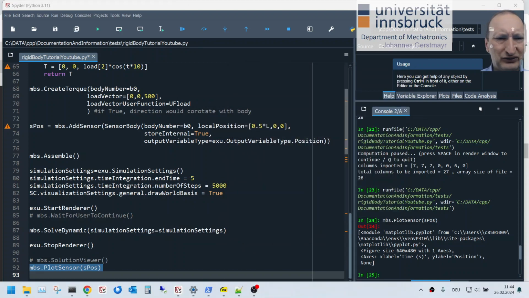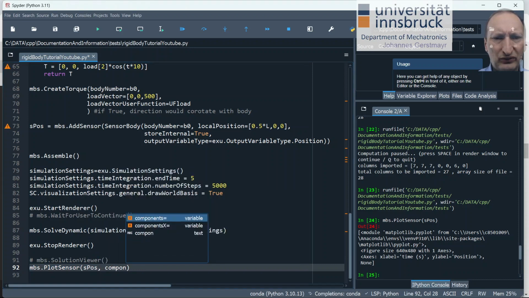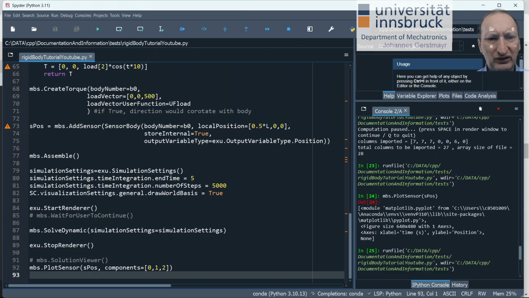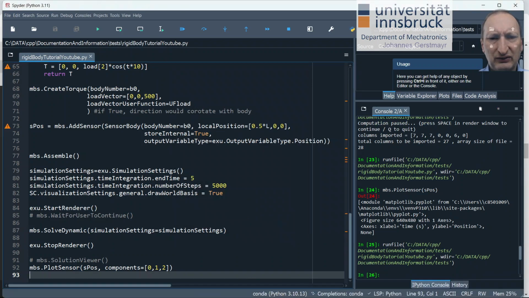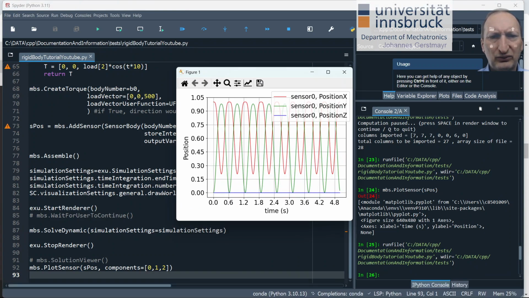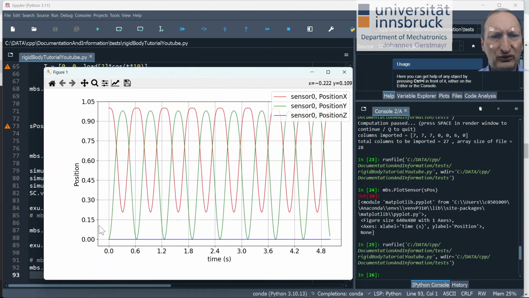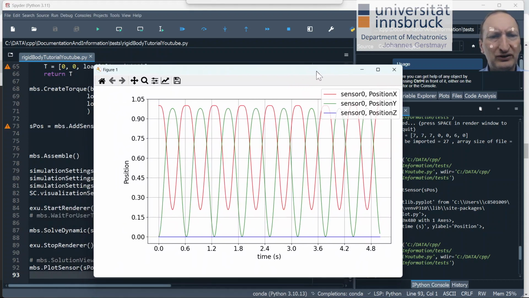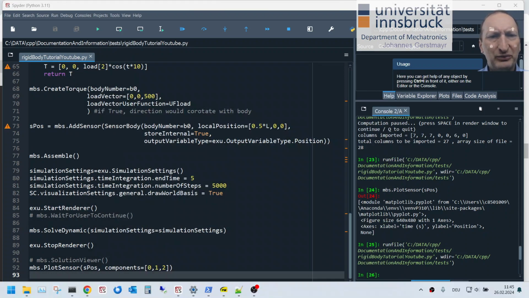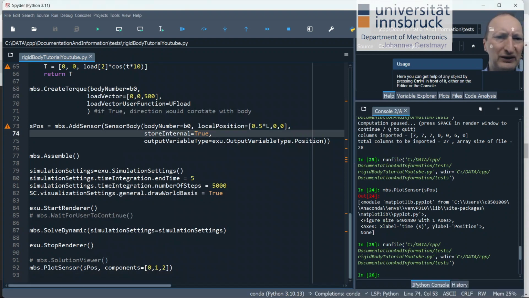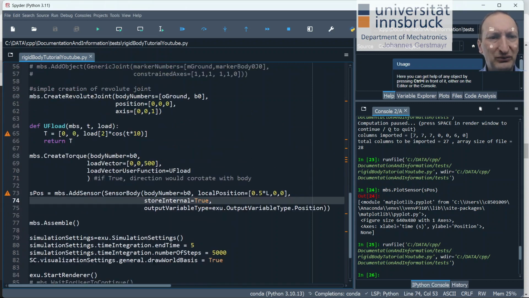I have to change this and have to show all the components. So let's draw the X, Y, Z position, and then we see the Y position, which is more interesting, which is then going from 0 to 1, which is going upwards. The X position is going from 1 towards 0, and the Z position is unchanged. So this you can use to analyze, but of course you can export this data then to a file as well. So with that, I think I showed some introduction to the